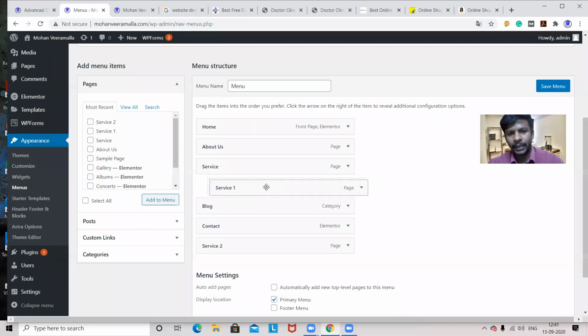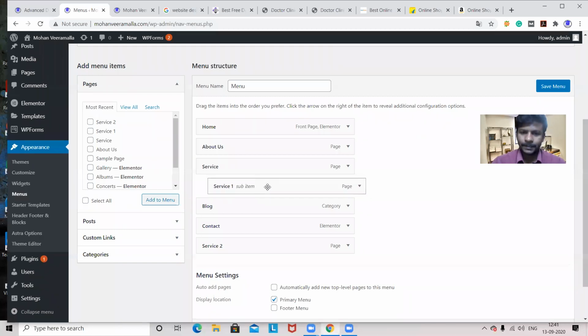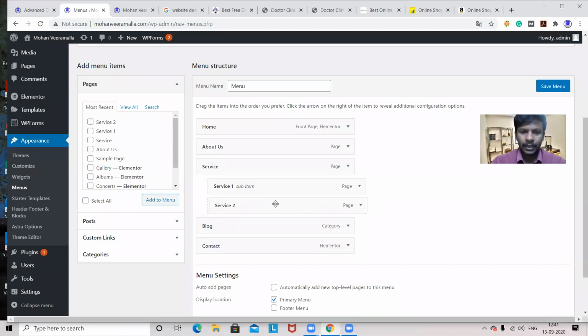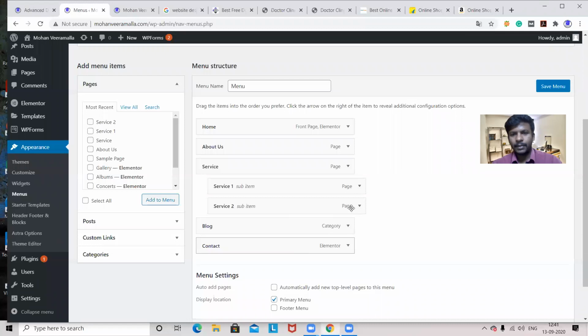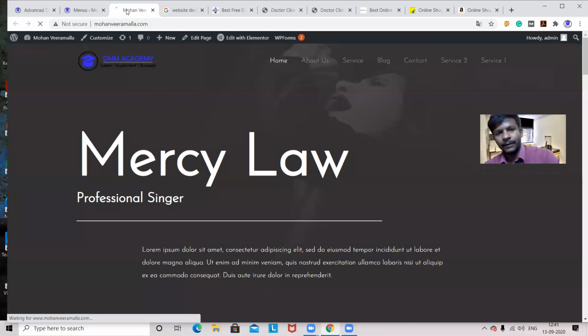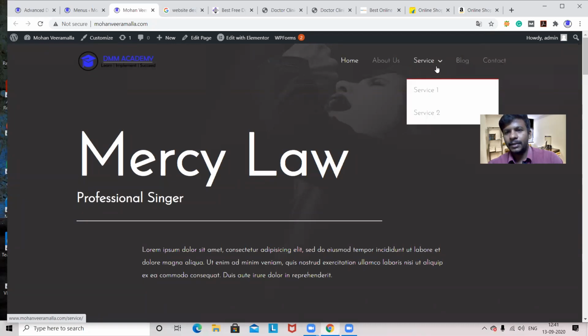If you are dropping to the right hand side, then it will become the sub menu. The same thing I'll do with service 2 also. Equally I'll drop to service 1. So now I added 2 sub menus under service. When I go to this website and refresh, I can see a drop down here. Under this I can see 2 sections available.